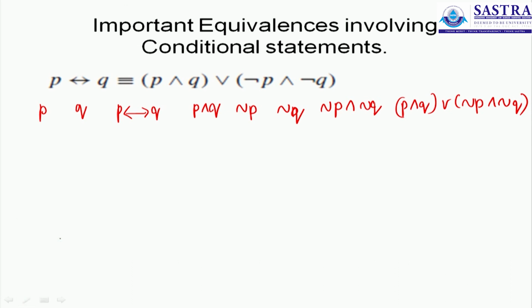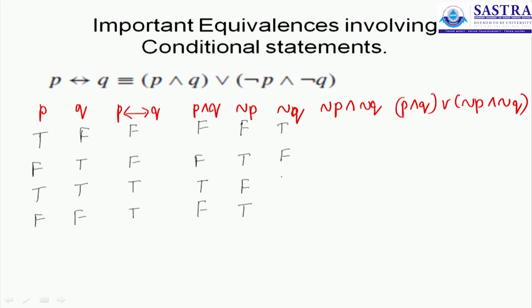The bright side is you will have only 4 rows to deal with, so it won't take much long to complete this verification. Only these two are true because that's a biconditional. The next one is a conjunction, so only one of them is true, all the remaining are false. You will flip column 1, you will flip column 2, you will do a conjunction between the two,